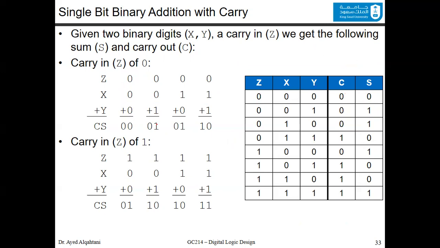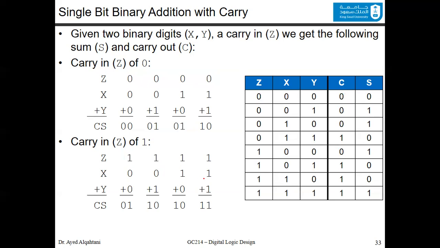0 plus 0 plus 1 is 1, and the carry is 0. 0 plus 1 plus 0, it's 1, and the carry is 0. Now, 1 plus 1 plus 0, we cannot say 2. So to do this, we say it's 0, and there is a carry, which is 1 in the other position. So it's 0 and 1. Now, this is in case you have a carry that's coming to you, which is 0. Now, if the carry is 1,